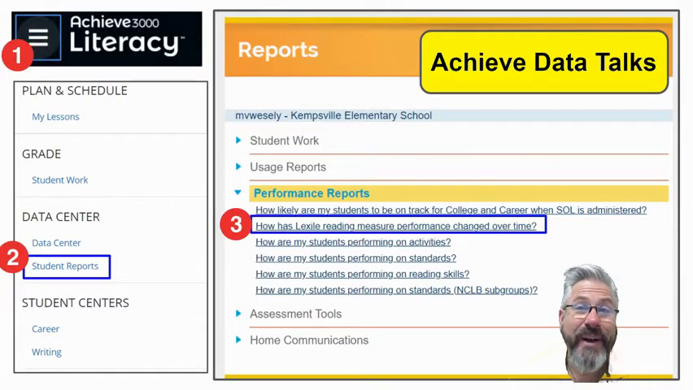Okay, so where do I live in Achieve 3000 when I'm doing this gamification? I live in one report, and here's how to get to the one report that you get everything from. You go down to the three pancakes in the upper right-hand corner of your Achieve 3000. You're going to click on Student Reports and then select under Performance Reports how Lexile Reading Measure performance has changed